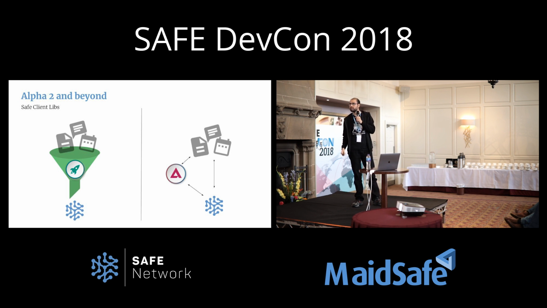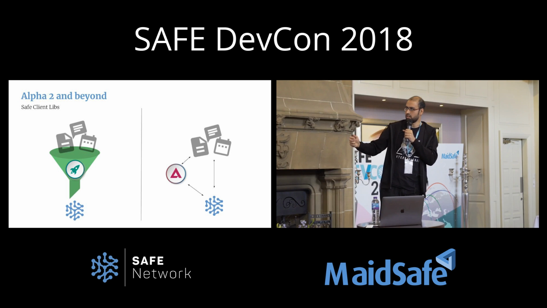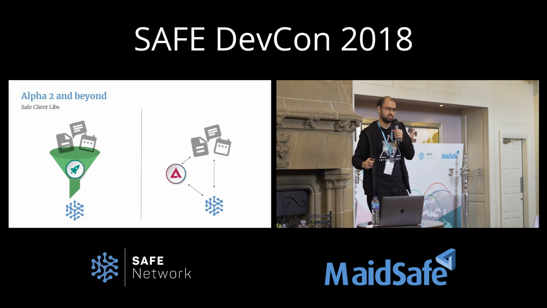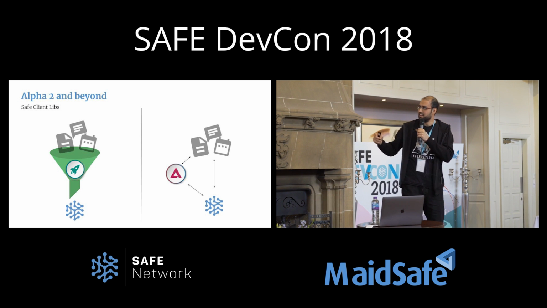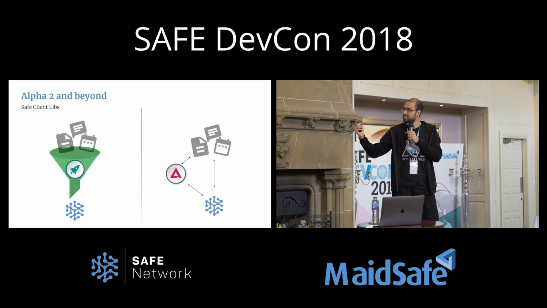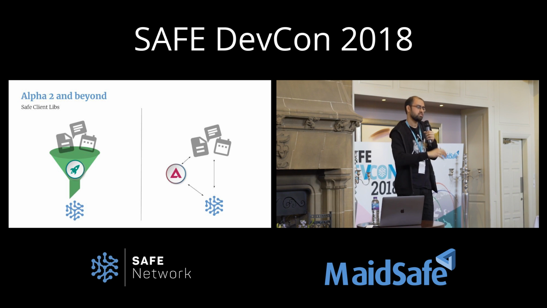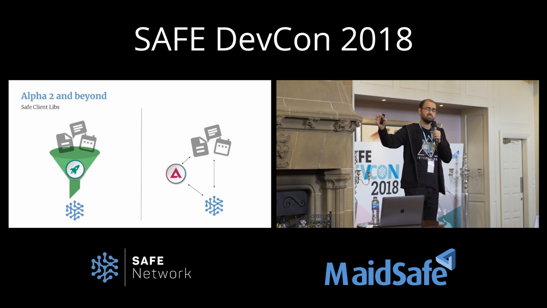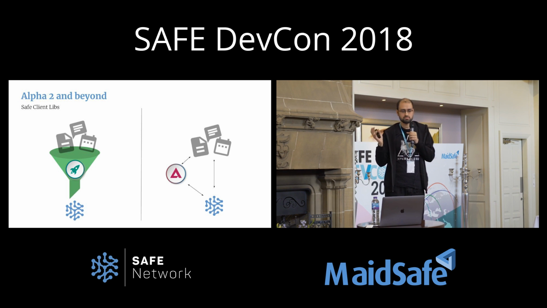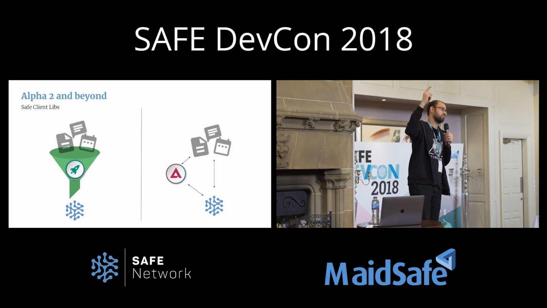So you have something called authenticator, which allows for the clients to be independent client engines and then communicate with the network. And once authenticator has authenticated those clients, they no longer require the presence of authenticator in order to communicate with the network. Because authenticator works in tandem with the vault,